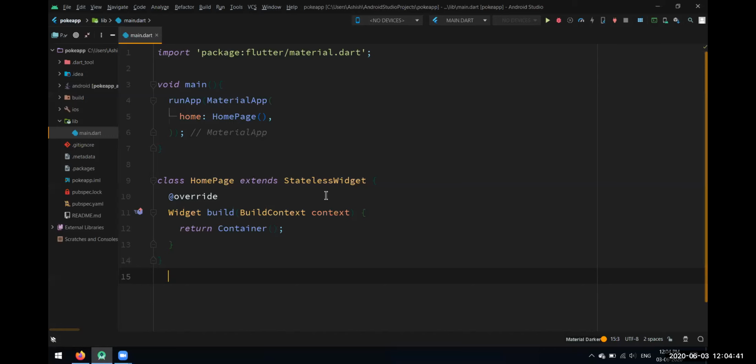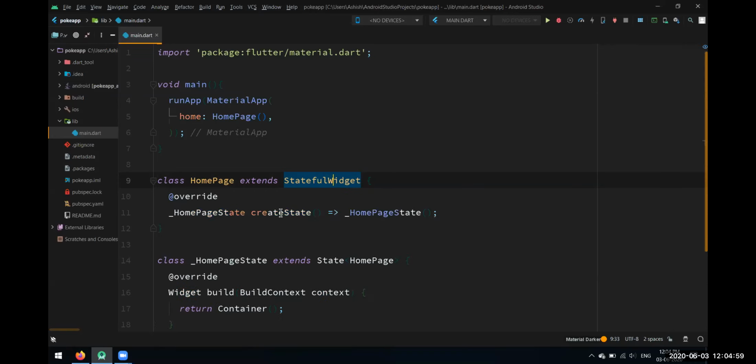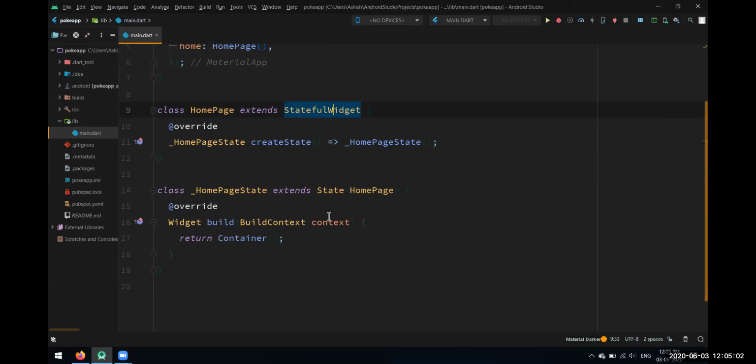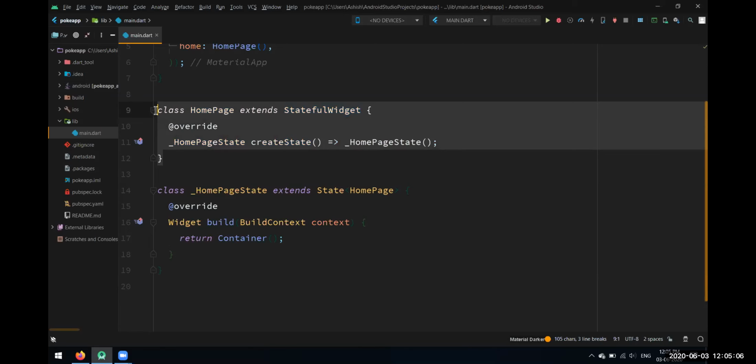So we'll convert this stateless widget into a stateful widget, because today we are going to have dynamic data. For converting it, simple, just get your cursor on this light icon, and you'll get this option to convert it to the stateful widget. Okay, we converted it to a stateful widget. As you can see, the traditional structure of a stateful widget, you must have seen this many times.